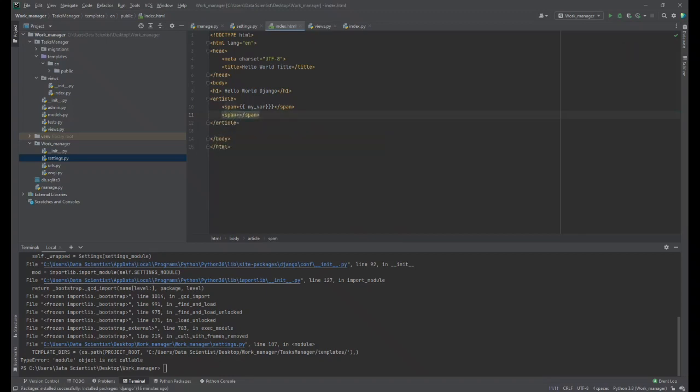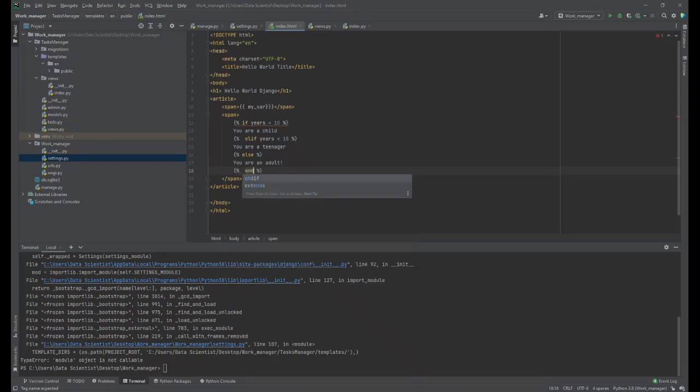So let's add this code into our article tag: <span>{% if years < 10 %} You are a child. {% elif years > 18 %} You are a teenager. {% else %} You are an adult! {% endif %}</span>